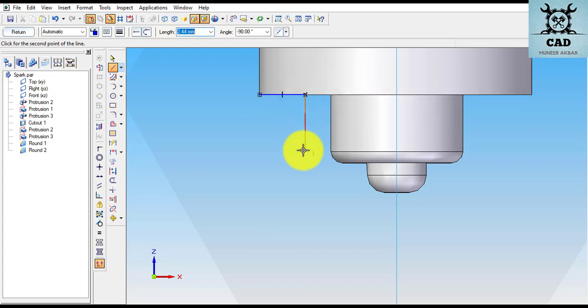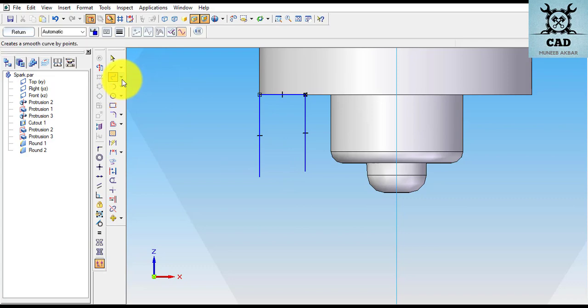Now there is an excellent arc here, so let's schedule here and align here. Now this thickness is 2 mm, so now we can use